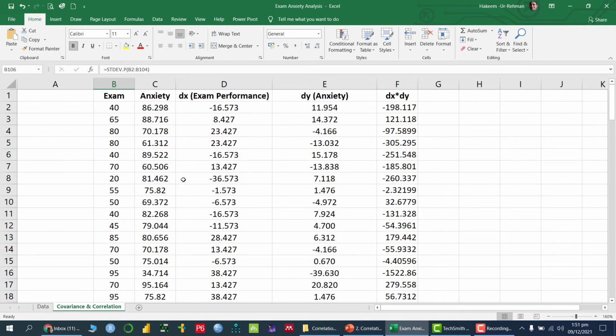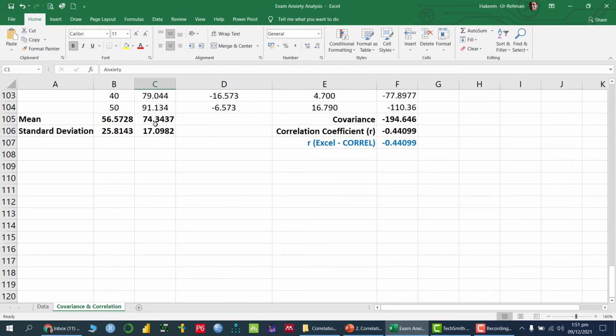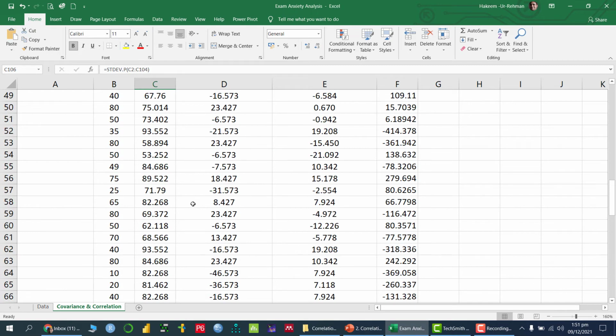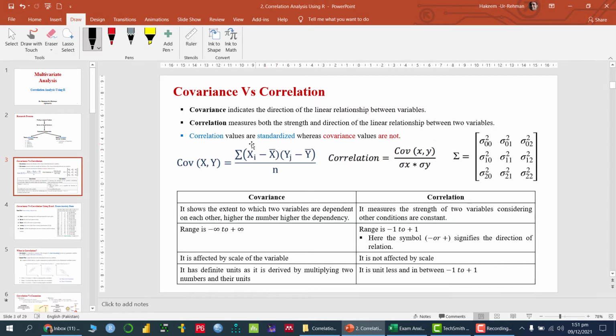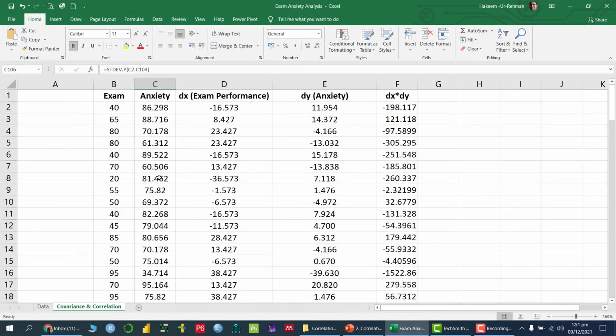Similarly, we can find out the exam performance. Sorry, from the exam anxiety perspective, the average is this one and this is the standard deviation. Now, in order to calculate the covariance, first of all we need to calculate the first component, that is each value minus x bar. For that, I have calculated dx.